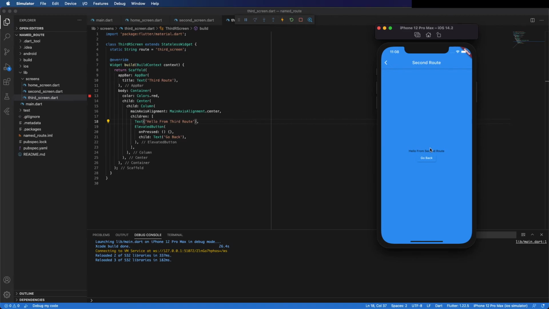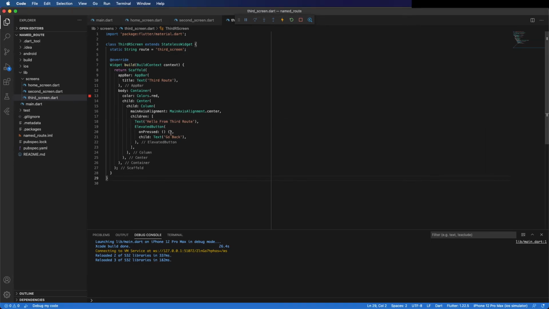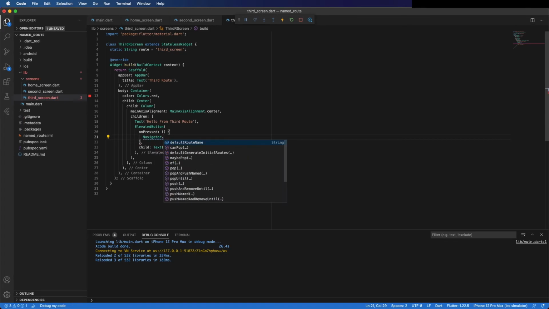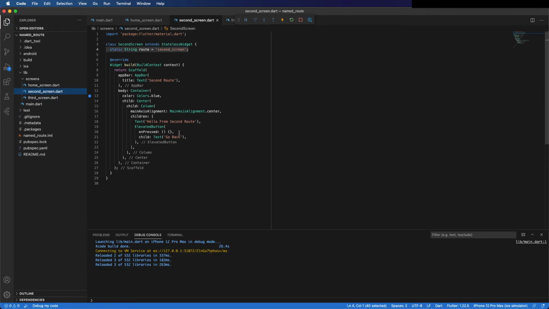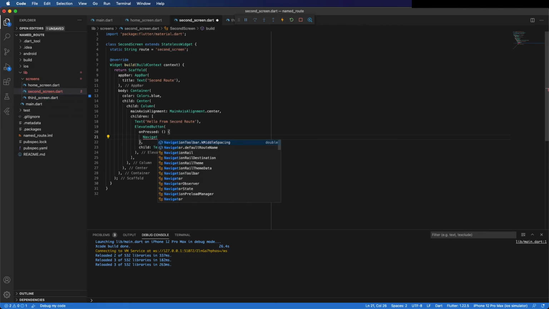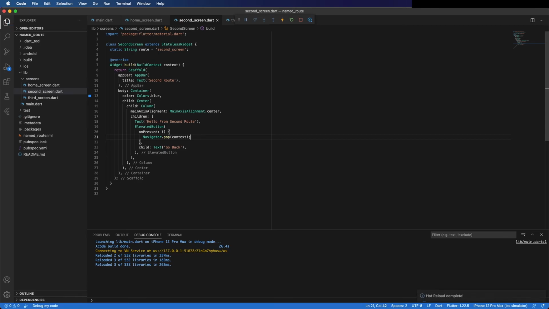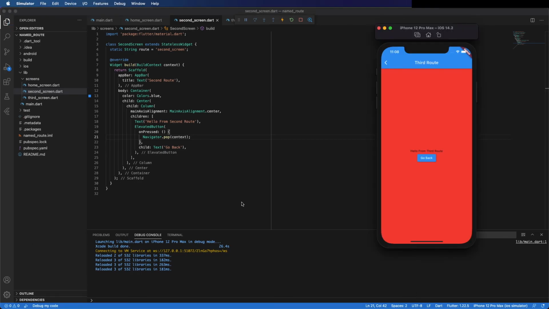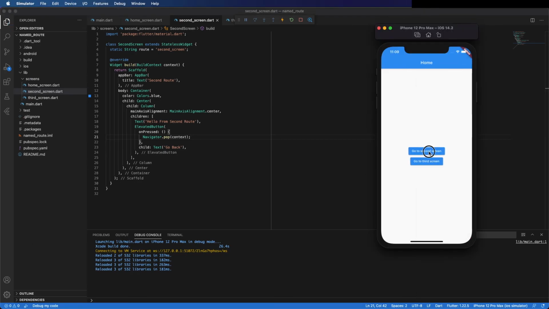Now we just need to dismiss the screen and go back. So go here to this button on the third screen and put Navigator.pop, and the same thing on the second screen. I'm going to run it now and see. Okay, go back, and